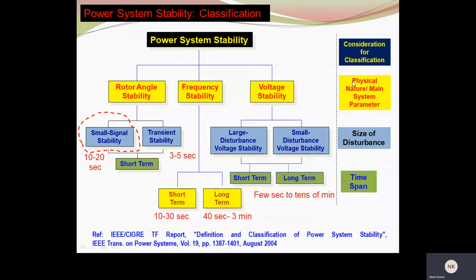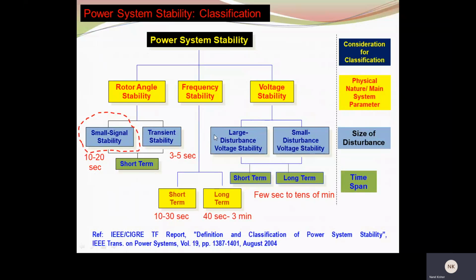Based on these variables, it could be rotor angle, frequency, and voltage stability. Next, these different forms of stability are subclassified according to the magnitude of disturbance for which they have been